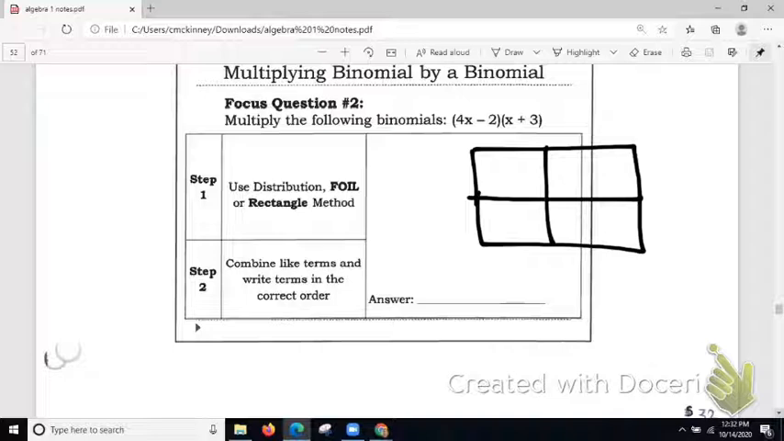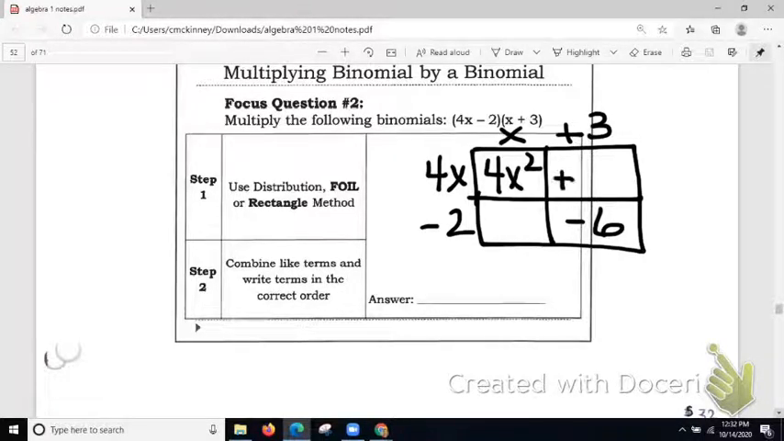So I'm going to write this 4x, so each term along the side there, and this one x plus 3. I could put it either way. And then you're going to fill in the boxes. So if you want, you could do -2 times 3 first. It doesn't matter which order you do them in, as long as you're taking the correct two terms to fill in that box. 4x times x, 4x squared, 12x,